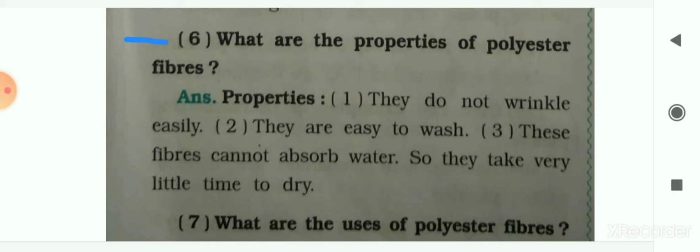This fiber will not absorb water the way other fibers, like cotton, do. Cotton absorbs a lot more water, but polyester fibers cannot absorb water, so they can be dried easily. So in this monsoon season we can wear this kind of fiber, that is polyester fibers, so that they get dry quickly or in little time.